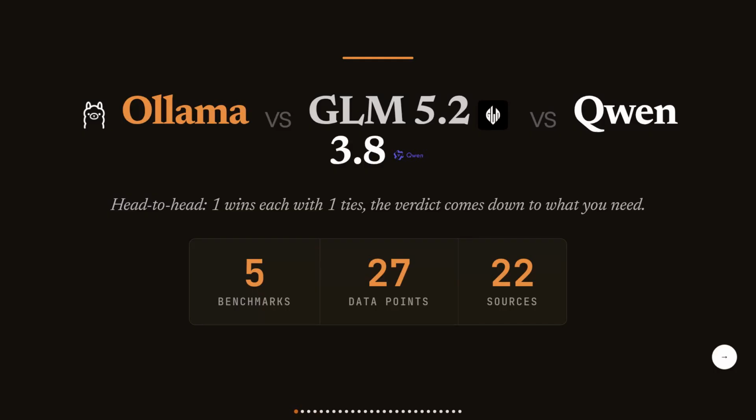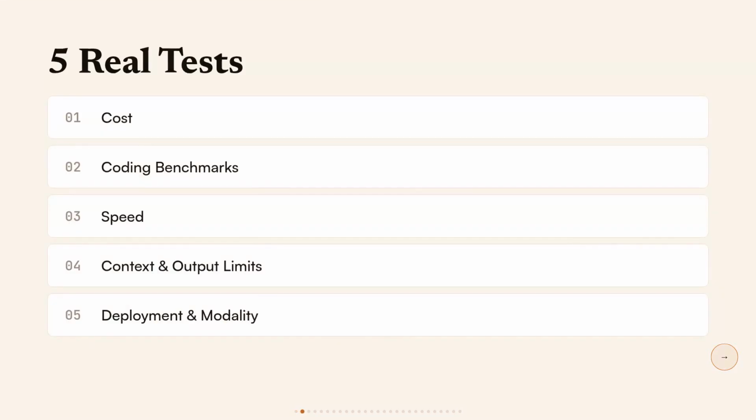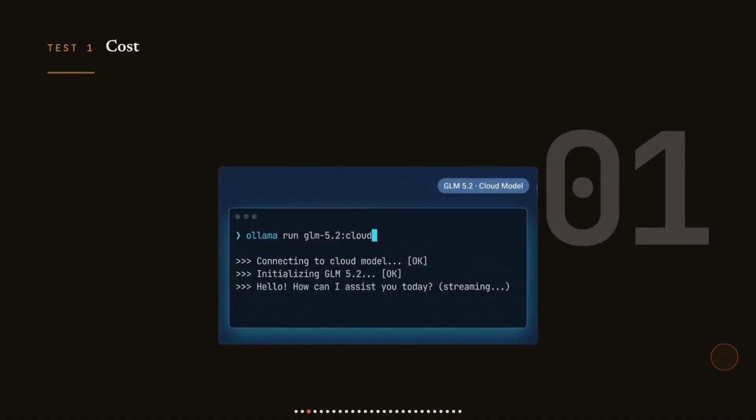Ollama, GLM 5.2, and Qwen 3.8 all get thrown into the same best local AI searches, but only two of them are actually models you can score. Here's the surprise. The free option wins the cost test outright, while the two paid models split everything else almost exactly down the middle, with one of them landing a 30 to 12 beatdown on the other in a head-to-head coding test. By the end of this video, you'll know exactly which one deserves your GPU, your API key, or